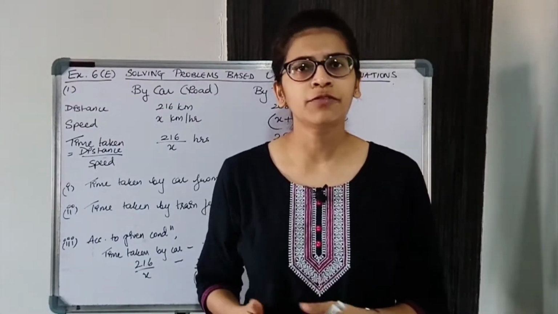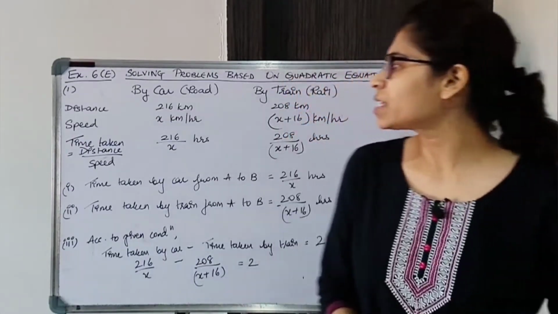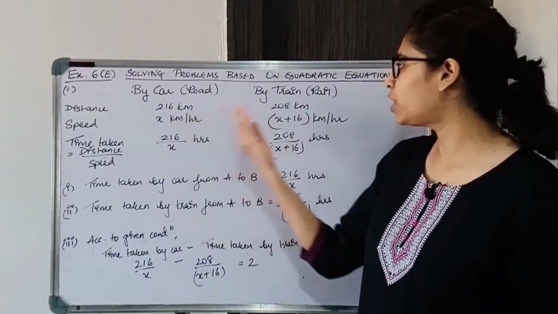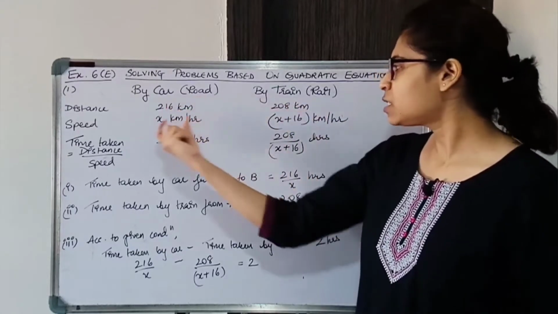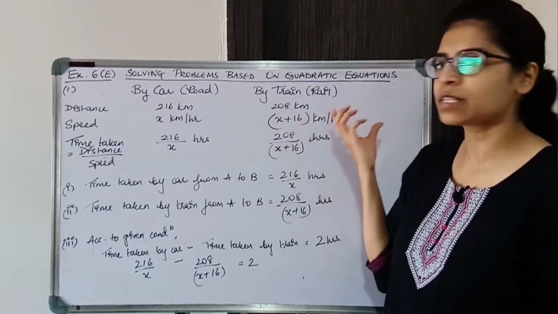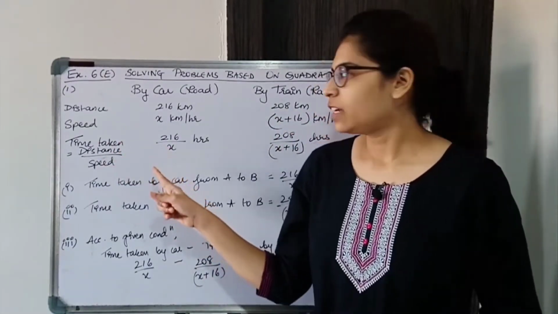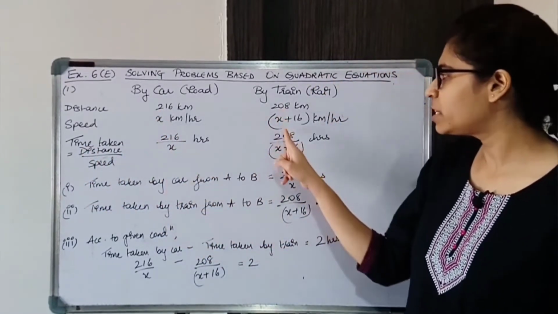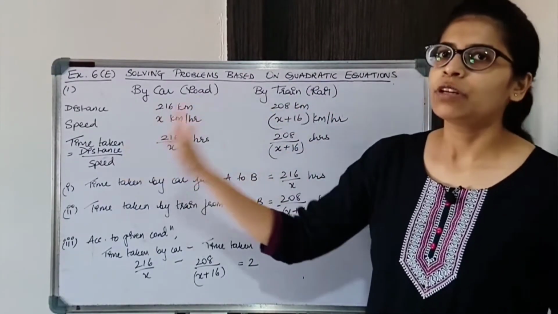So we are given all the information in the question over here, we don't need to assume. All right, so it was given to us that the speed of the car is x kilometer per hour. According to that we'll get the speed of the train. All right, now the distances are given, speed of car is given, so speed of train is 16 kilometer more, so it will become x plus 16 kilometer per hour. Now time we can easily find because we know time is distance upon speed, so 216 upon x and 208 upon x plus 16. Write in this way, write in tabular form, it will become easy.